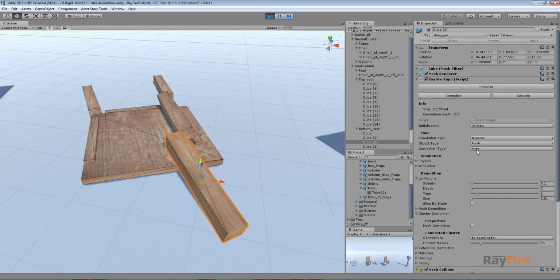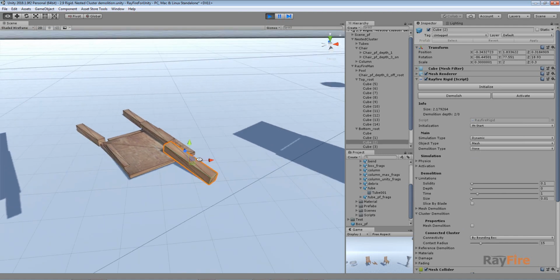It will make them undemolishable. It will set demolition type to none. So you shouldn't worry about simple fragments being demolished further, even though your def level is 0 now. So you can be sure that you will break your cluster to the deepest level possible, but objects, simple mesh objects